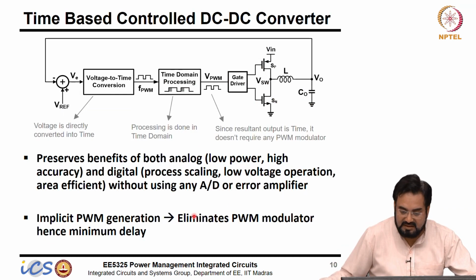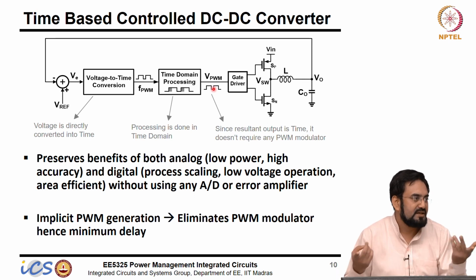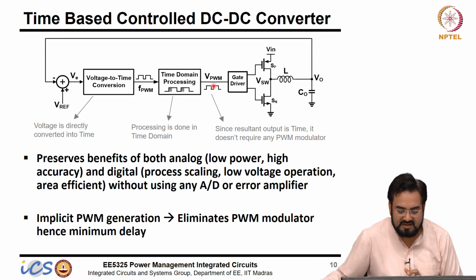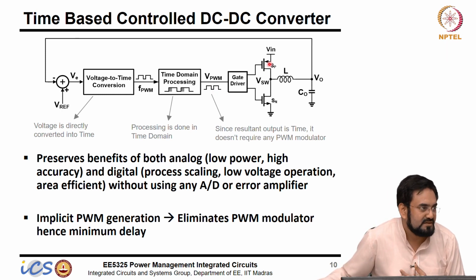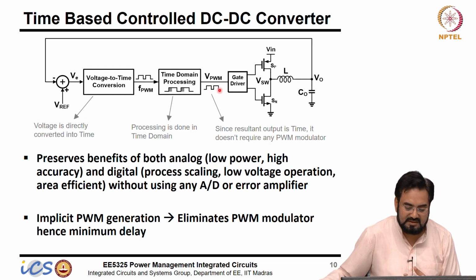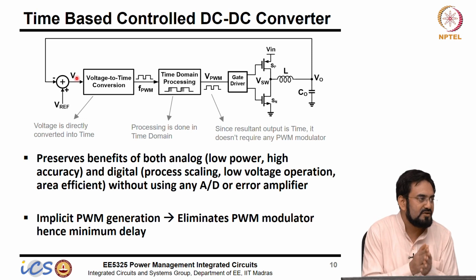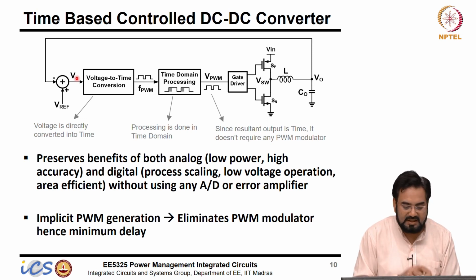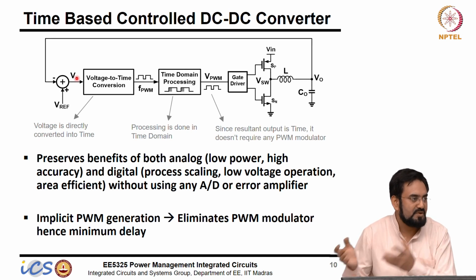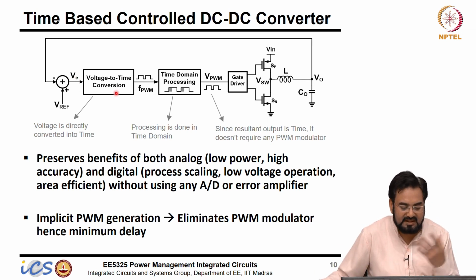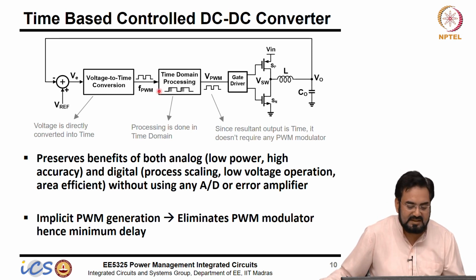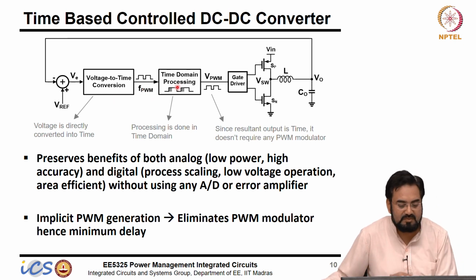So then in the time based approach, what we do actually, we know I am only interested in PWM here, and PWM is nothing but a time signal. I am not interested in the level of this, level is getting converted in the power FET. So I am only interested in the time information here. So instead of, let's say, you take the error signal in a conventional, either if you are using analog, you will process in analog the voltage signal, or if you are using digital, then you will convert to digital and then process it. So in both cases you are doing either digital processing or voltage processing, and then you have to convert that into time by using a PWM modulator.